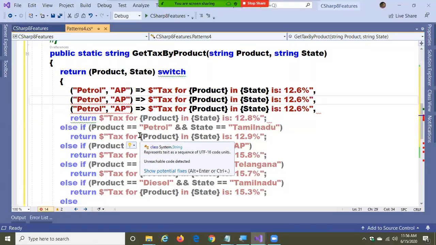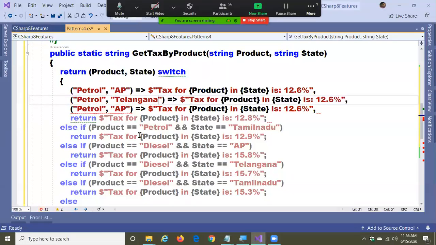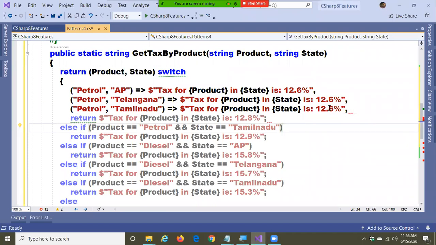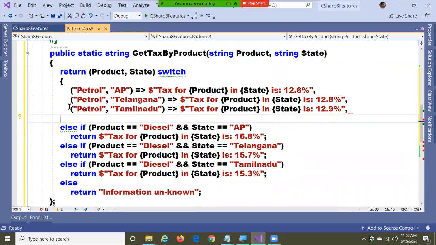Petrol, comma, Telangana, Tamil Nadu, 12.8% and 12.9%. Next.